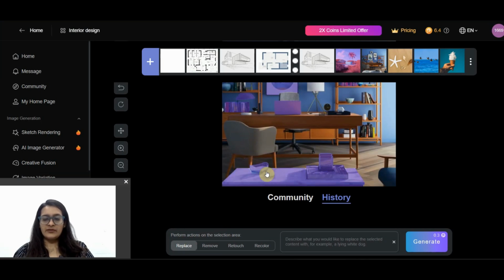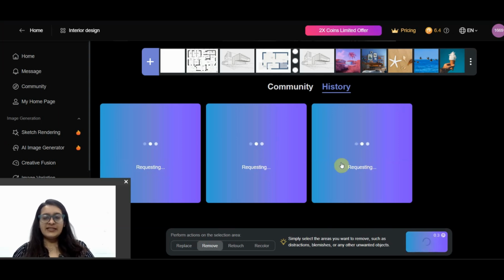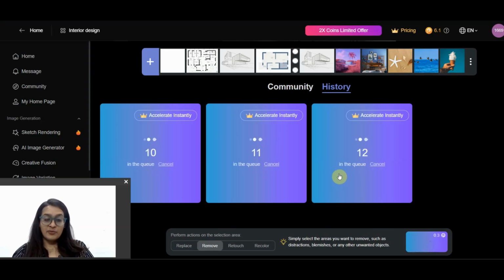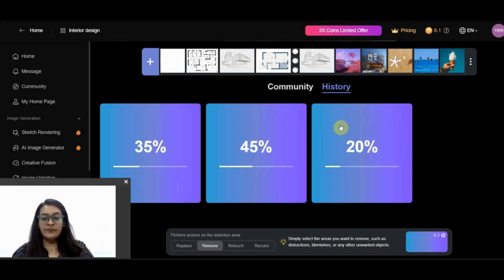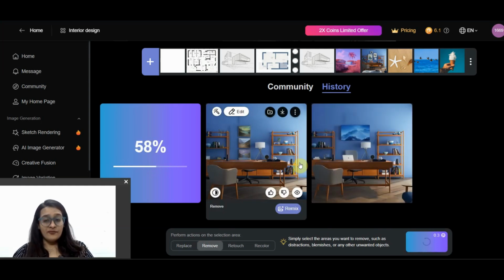So I have the liberty of selecting multiple items here. I want them to be removed, and let's generate. Let's see if my items have been removed from an interior render. It was an existing render which I picked up from the website itself, and it has done a decent job for me because it has not only removed but it has also balanced,